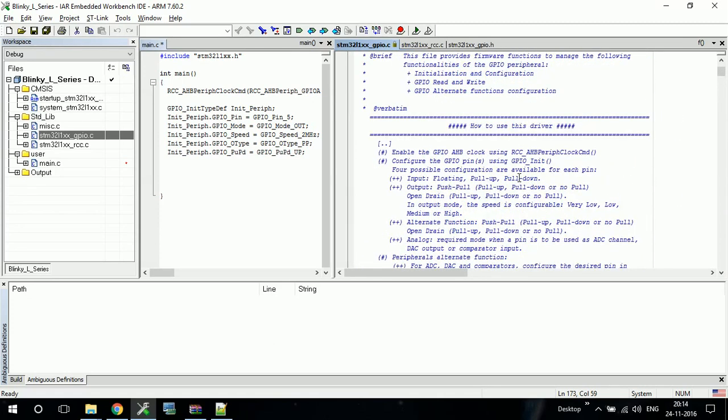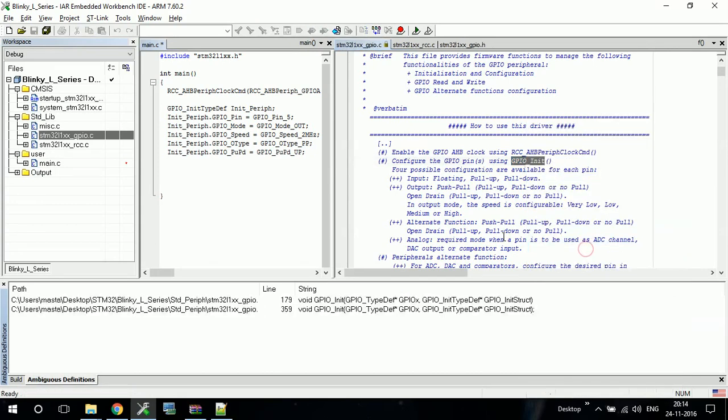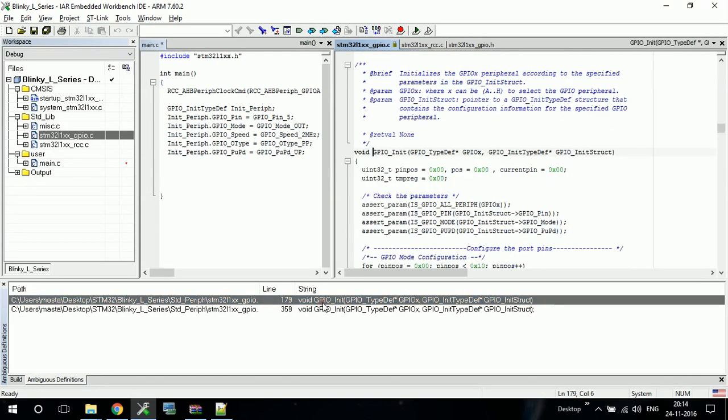So we'll go again to the function and we'll see in what type we can give the argument to this function. So we'll write this function. The first argument is GPIO A, and the second one will be your pointer to your structure.